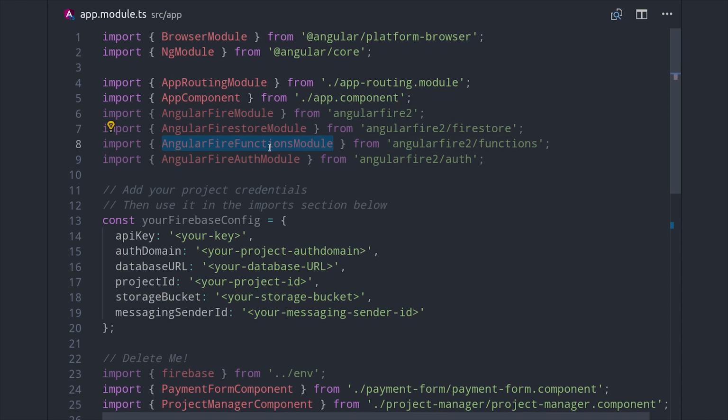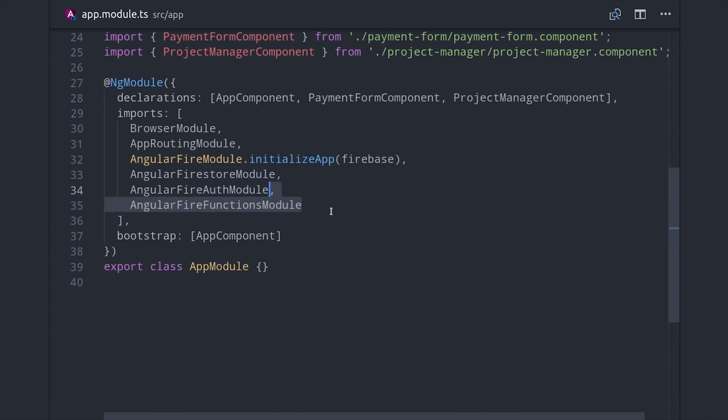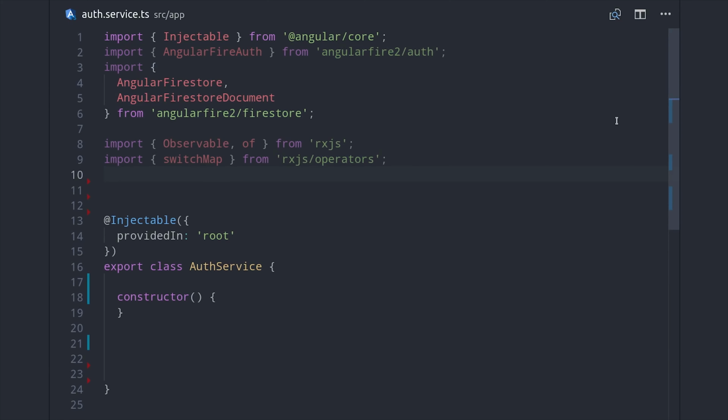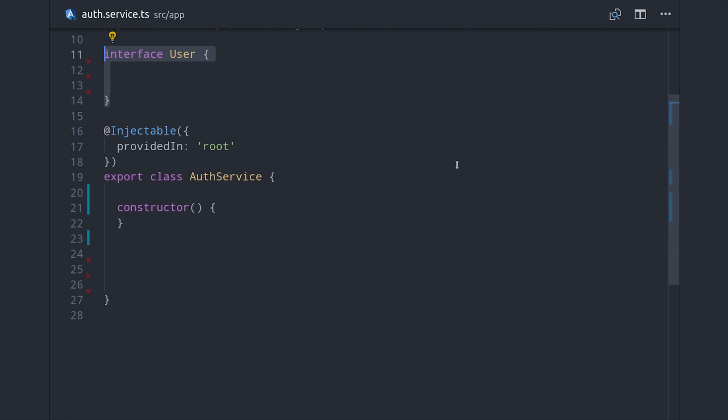So you'll want to make sure you have an app module that looks something like this. And you'll also notice that I generated a payment form component and project manager component with the Angular CLI that will build out here in the following steps. But the first thing we'll do is quickly go through the auth service to get our user logged into our